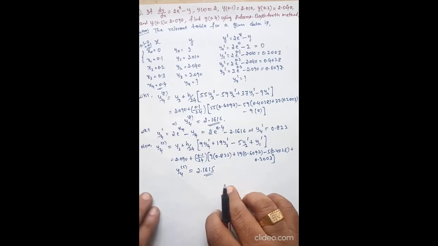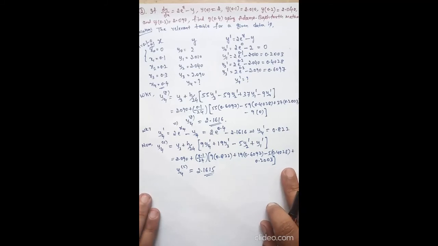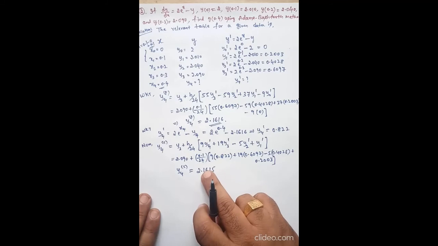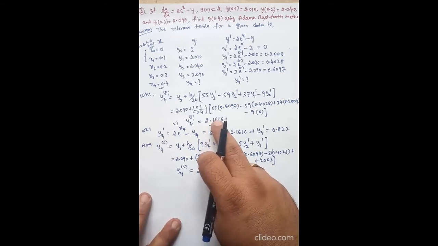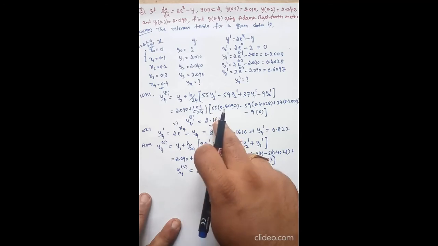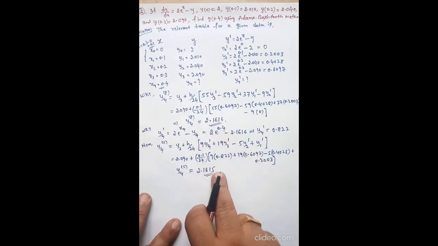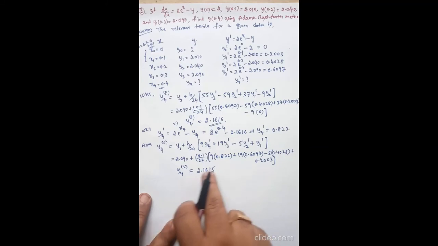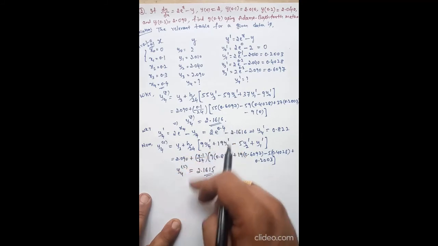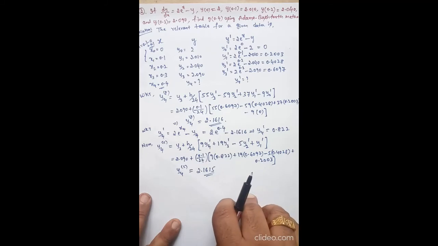But in predictor corrector procedures, we must apply the corrector formula 2 times. The reason is, this is just a prediction. This is the correction. If there is any error, it is reduced and it gives the corrected value. But we don't know whether it is a better accuracy. So to check whether it is a better accuracy, whether it is an approximate solution or not, let us repeat this corrector step once again.